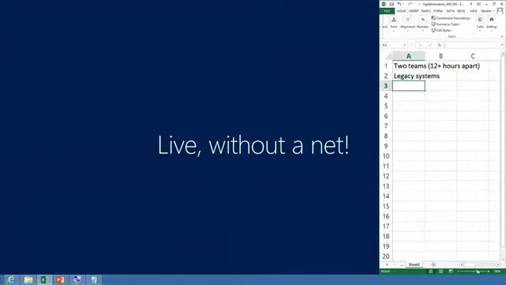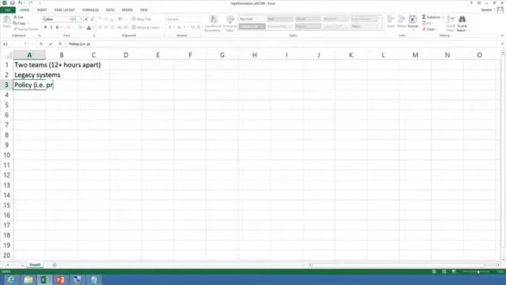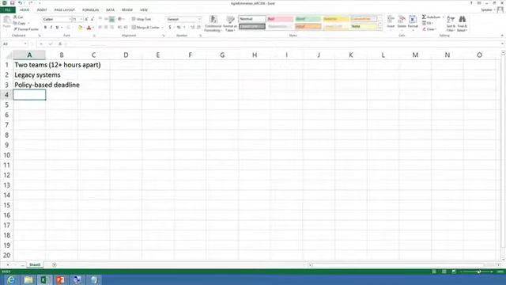All right, so we have a legacy brownfield. Oh my God, this is going to be hard. Policy-based, and since we're masochists here, does this policy-based deadline come with a severe penalty? Yes. Oh, how fast the Kiwis are. John, you were correct. Everyone, a round of applause for yourself, because John said this would be fun. God, this is awesome.